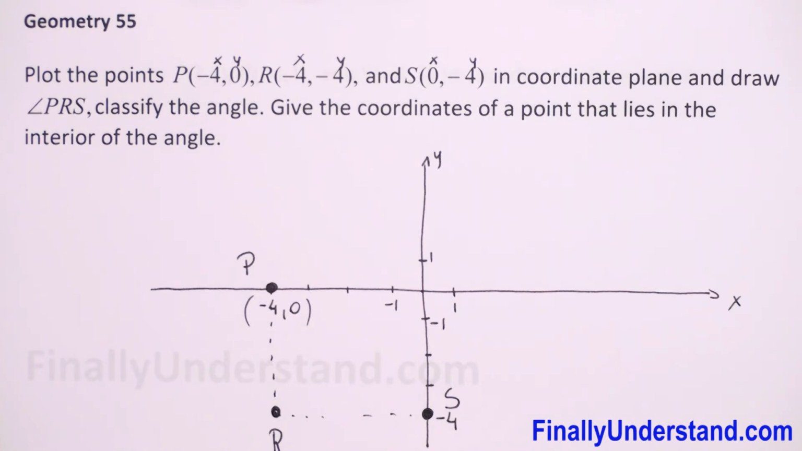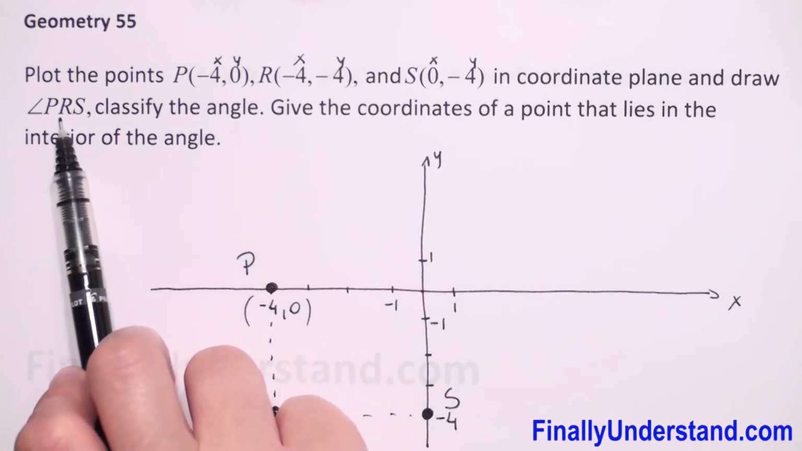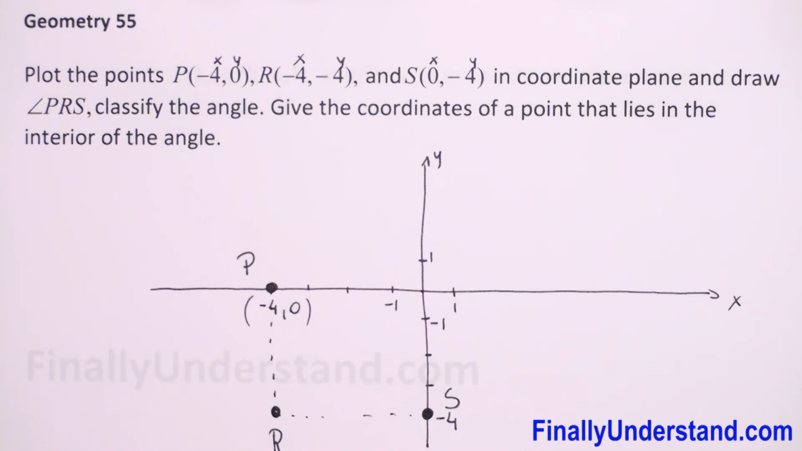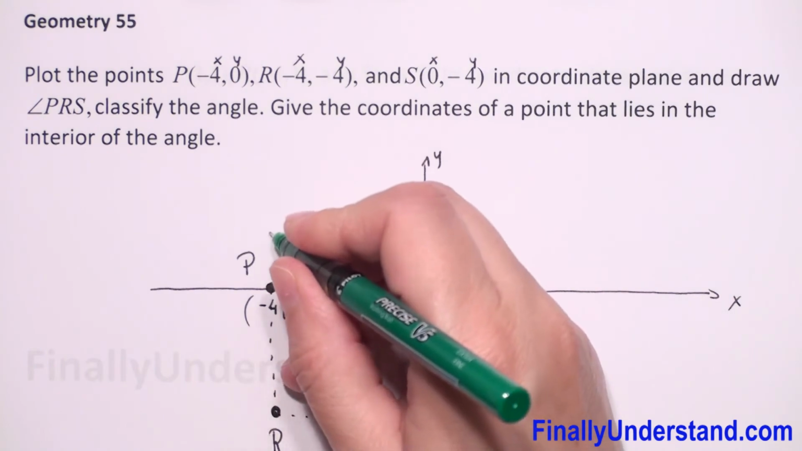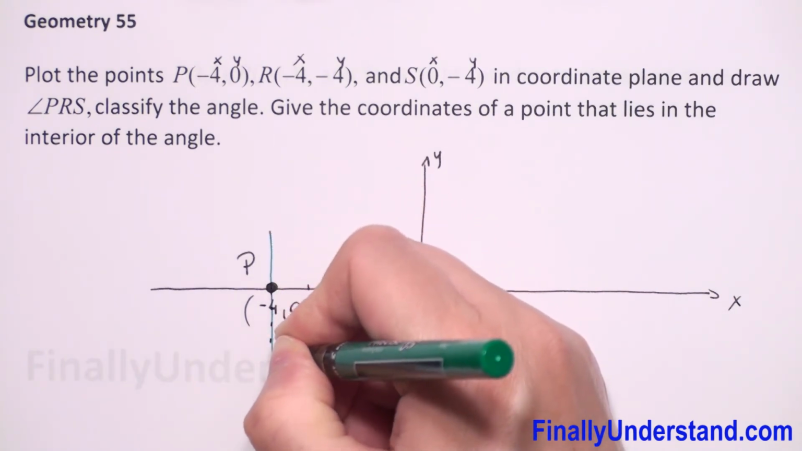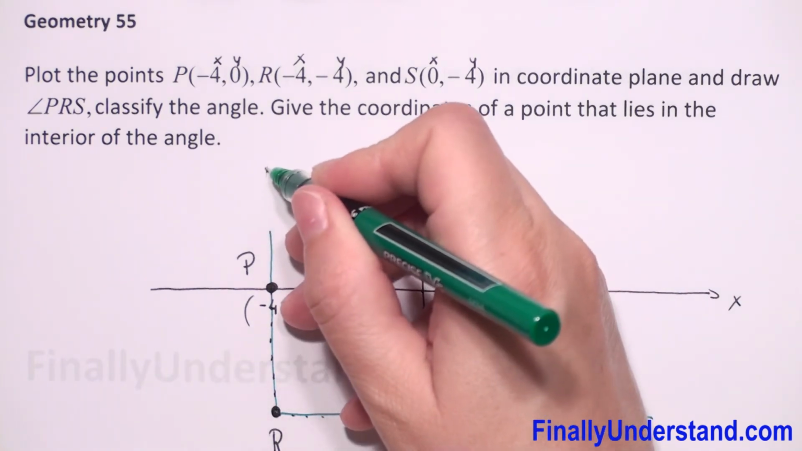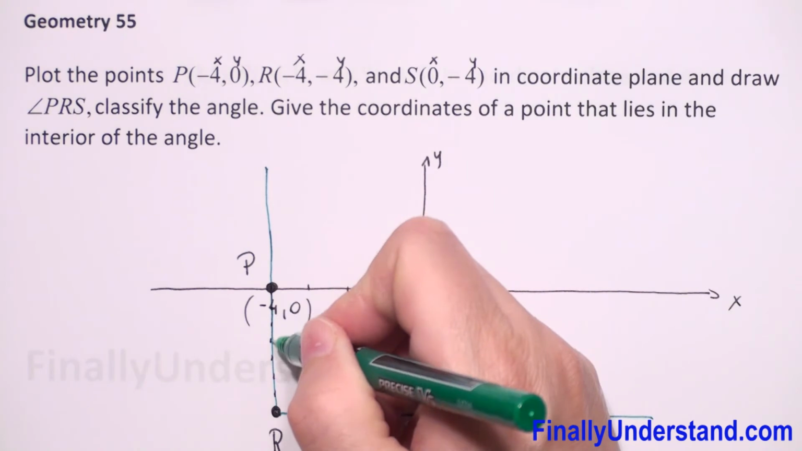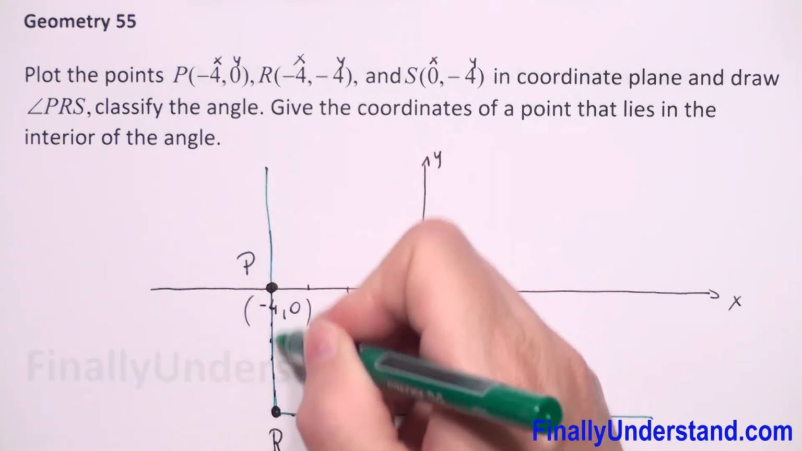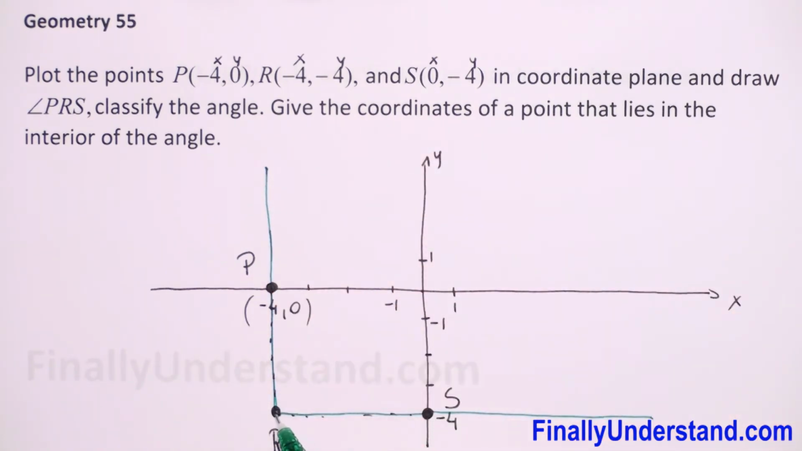We have to draw angle PRS. It means R is the vertex of our angle. So let's draw this angle. This line should be parallel to y-axis and this to x-axis. What we got here, because this one line is parallel to y and this ray RS is parallel to x-axis,